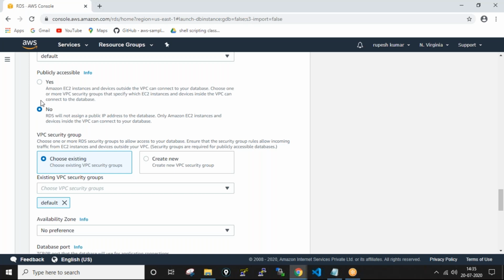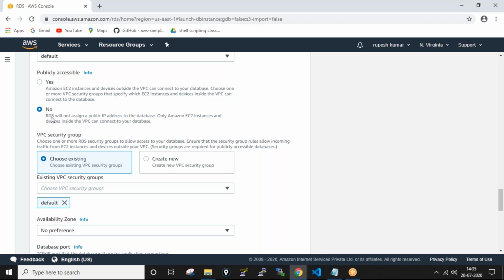Which means if you select this one, you can resign your job and quit from the organization, right? So public accessible should be no only. If you select yes, Amazon EC2 instances and devices outside the VPC can connect to your database. Is that something we require?